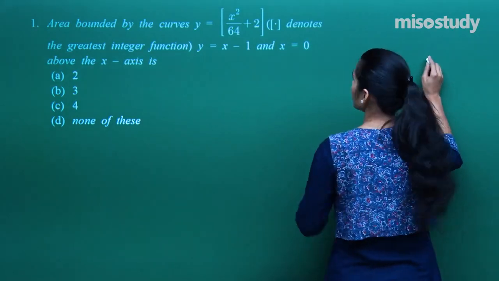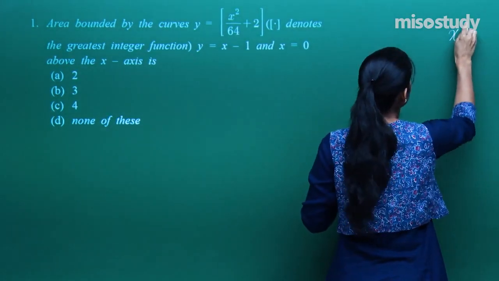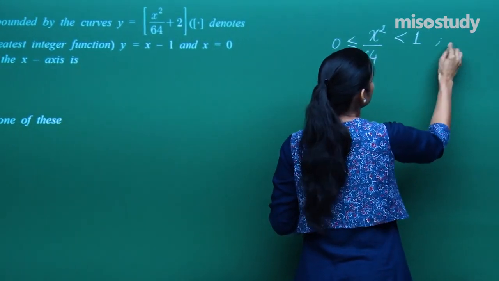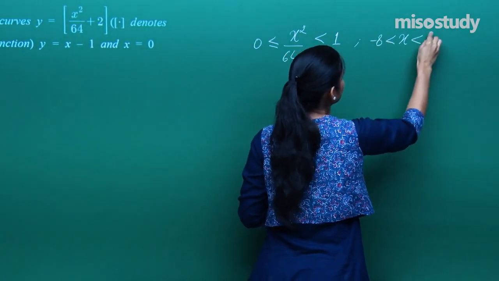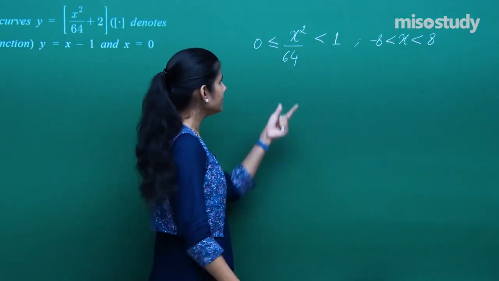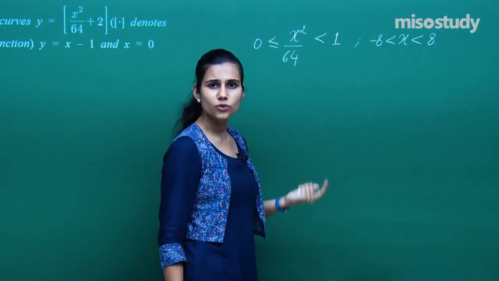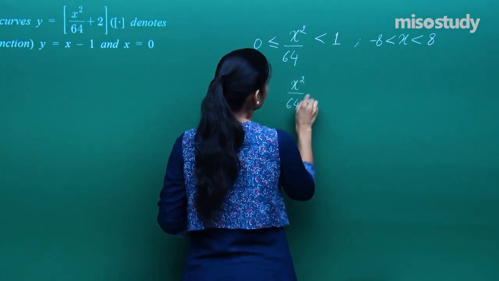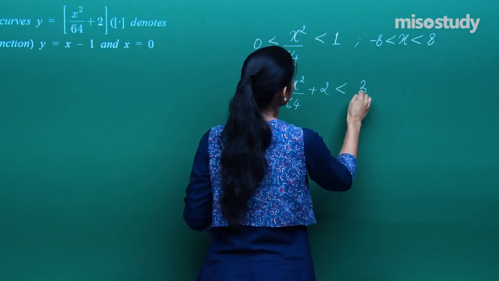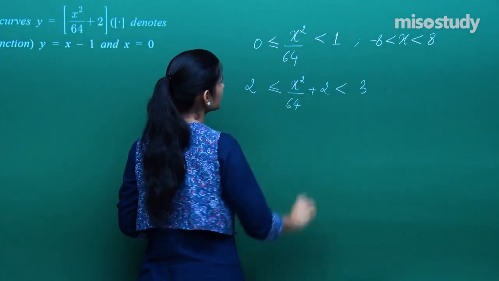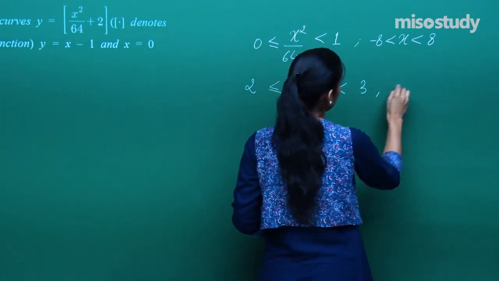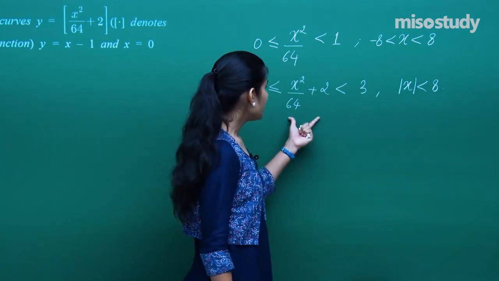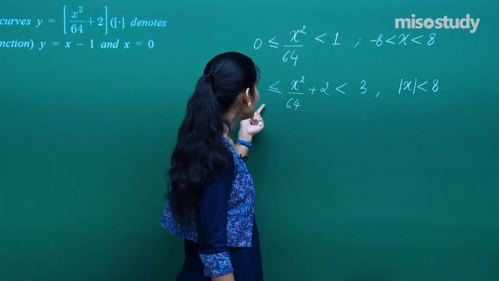So if I talk about this particular function, I know that x square upon 64 is greater than or equal to 0 and strictly less than 1 whenever x is lying between minus 8 and 8. That's true? Fine. 8 square is 64, minus 8 square is also 64. I am interested in this plus 2. So x square by 64 plus 2 will be less than 1 plus 2, greater than or equal to 0 plus 2. And this is true when mod x is less than 8 or x is between minus 8 and 8. Now once you have got this, if this is greater than or equal to 2 and less than 3